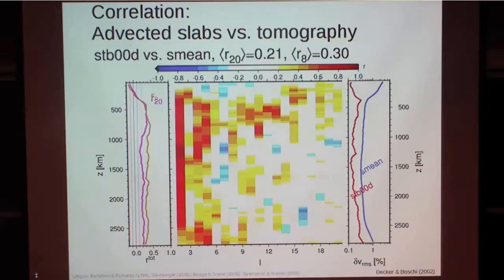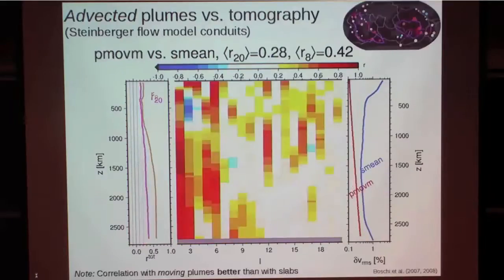What is amusing to note is that if you compare these numbers for a slab model that basically says there is whole mantle convection and slabs are in the lower mantle, with a model that has moving plumes, the one that Matt mentioned yesterday, and now I'm comparing the slow anomalies from this moving plume model by Bernhard, then the correlation with this particular model is actually better than for slabs. And I would maintain that this is true even for the newest models. So based on correlation analysis, we can make a stronger argument that tomography sees plumes than that tomography sees slabs, which is, of course,